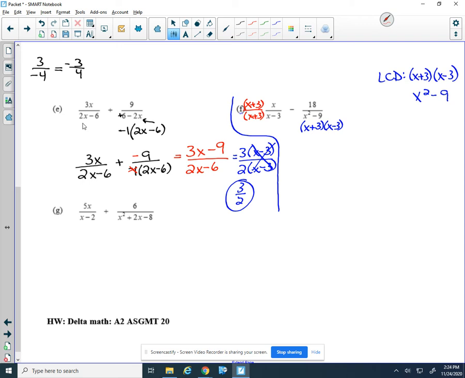So I'm going to distribute this out now. So my first fraction becomes x squared plus 3x. When we multiply out those denominators, we know that that's x squared minus 9. And my second fraction stays as it is, 18 over x squared minus 9. Putting these two together, now that they have that common denominator and are like terms,